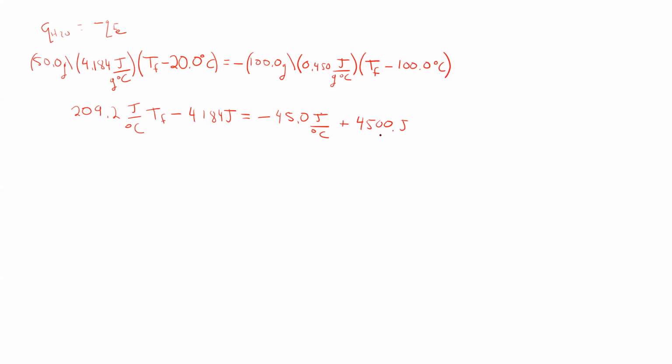Right? And that value actually should have 3 sig figs here, right? So I'll underline that. And then we just rearrange. If you add 45.0 joules per degree Celsius times TF, the final temperature, to each side, and add 4,184 joules to each side, we wind up getting a value of